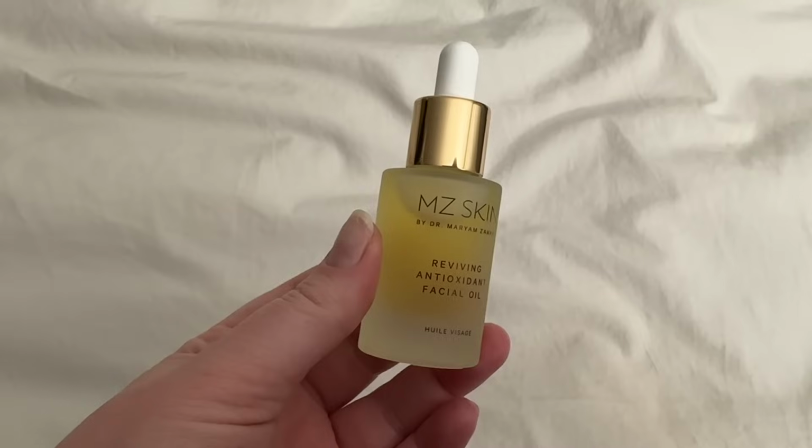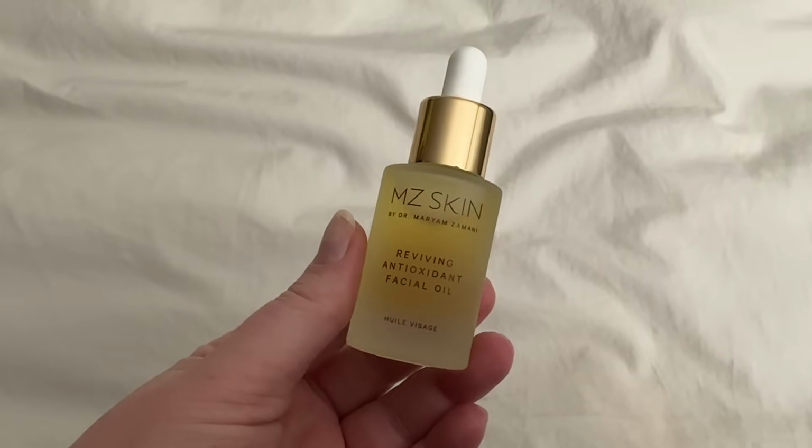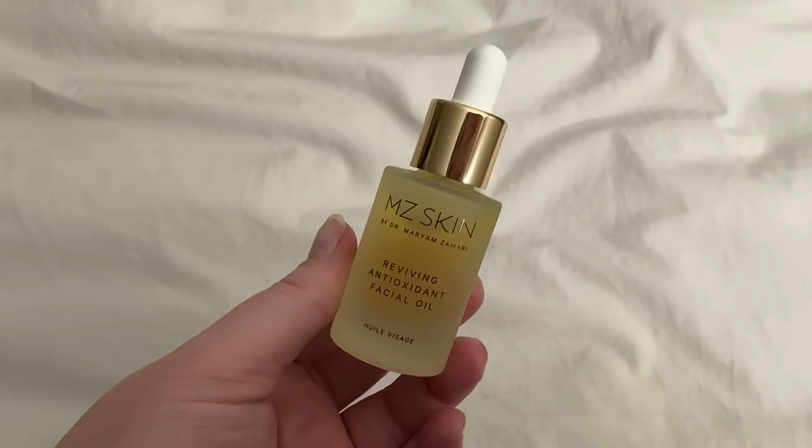Back to the oil though. This is supposed to restore dull, dry skin. It's a lightweight oil. Yeah, I mean, again, $110. I do feel like skincare is coming through with some nice stuff. Next little